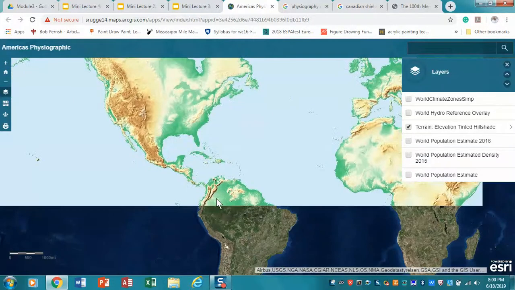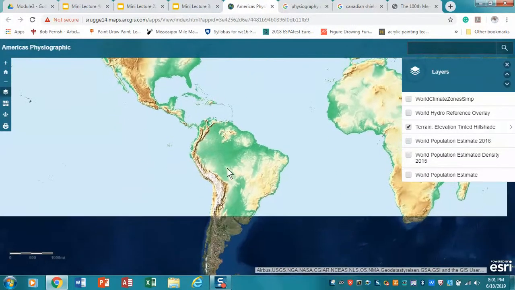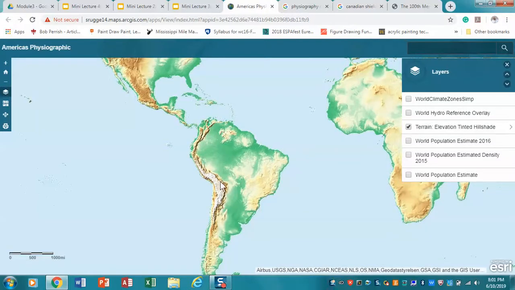Now, if we move farther south, we move into the Andean chain, this incredibly long, incredibly high mountain system that runs all the way down the west coast of South America. That is in contrast to the eastern side of the continent, where you have the Brazilian lowlands, that's the Amazon basin, and then the Brazilian highlands here, the Llanos here, and then the Pampas and Patagonia. So if we think about North America, we have a mountain chain that's somewhat more towards the center. In South America, the mountain chain is at the extreme west, with the lowlands in the east. Okay, so that's